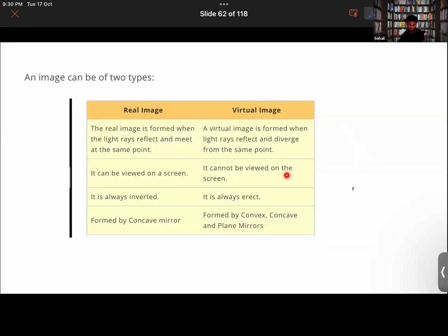Then talking about the virtual image, it cannot be viewed on a screen since it is virtual, as the word says. It is always erect and formed by convex, concave, and plane mirrors, all three types of mirror, while the real image will only be formed by the concave mirror. We will be discussing all these points with the help of some examples in the next